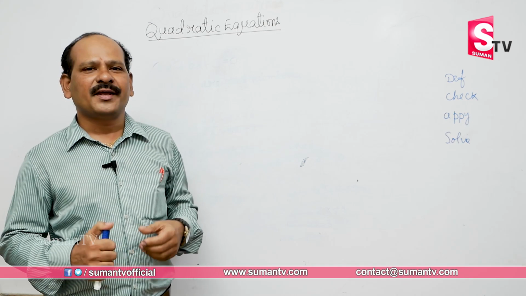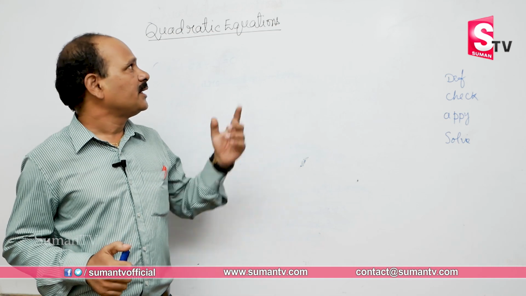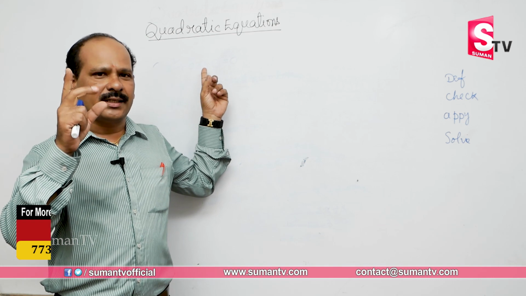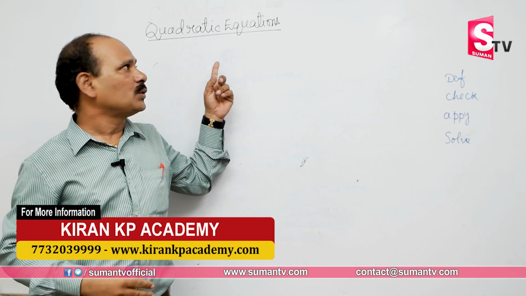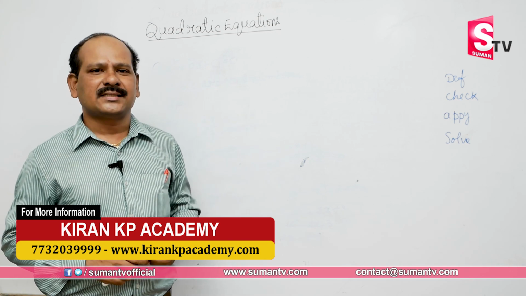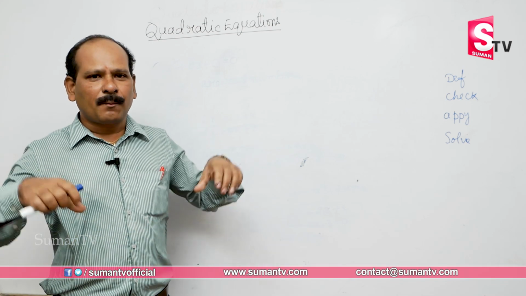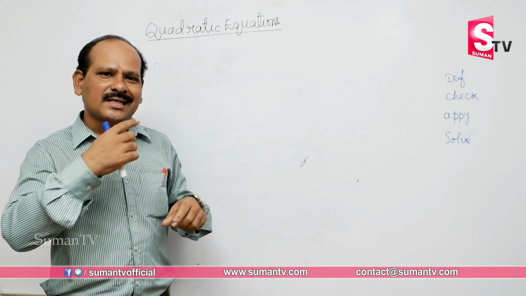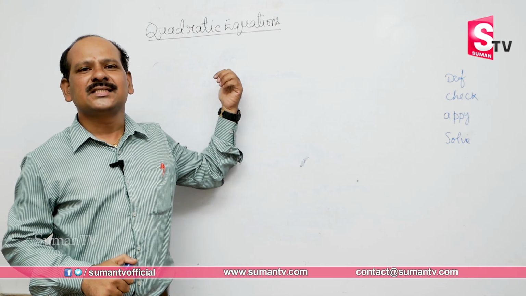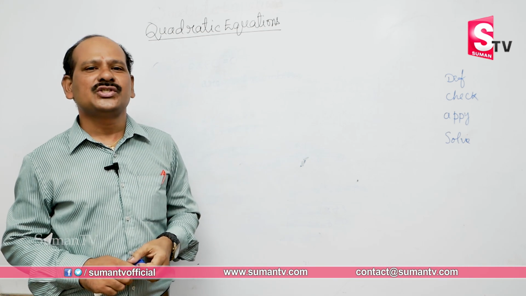For example, when we fire a rocket into the sky, the height of the rocket can be calculated by using a quadratic equation. When we throw a projectile, the distance covered by the stone can be calculated by a quadratic equation. The focal length of eyeglasses can be calculated by quadratic equations. When we apply brakes to a vehicle, the stopping distance can also be calculated by a quadratic equation. Like this, quadratic equations are useful in our real life situations.